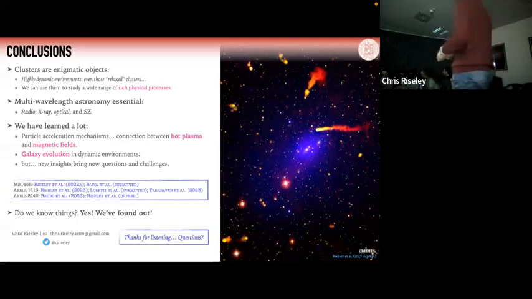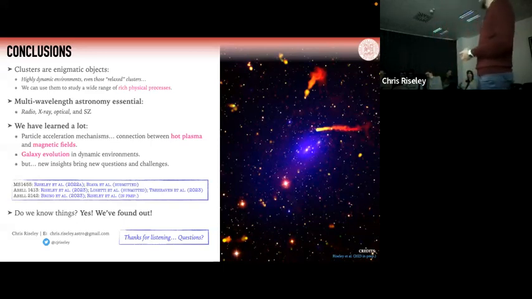Yep. It's a follow-up question about that. When you say that you found that the radius was larger, the size of these mini halos, is that because you have better sensitivity, or because you are going to lower frequency? It is a little from column A, a little from column B.